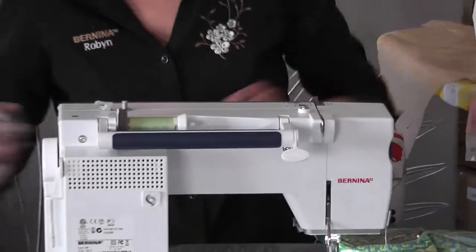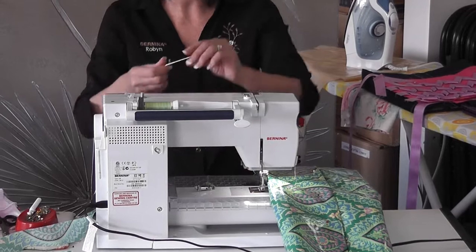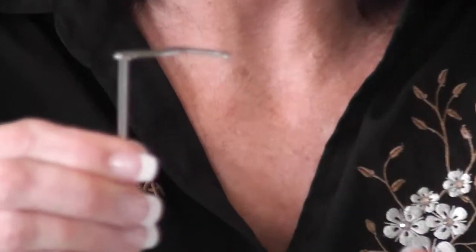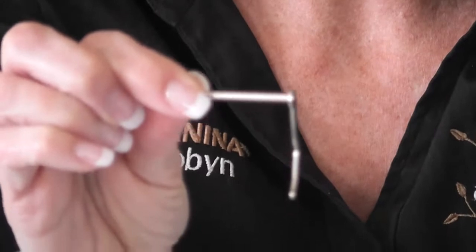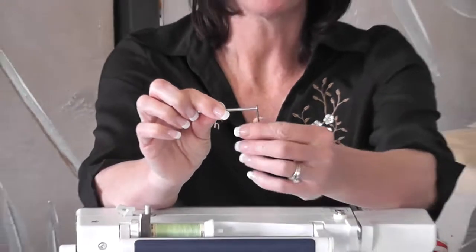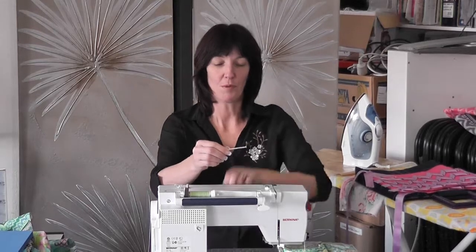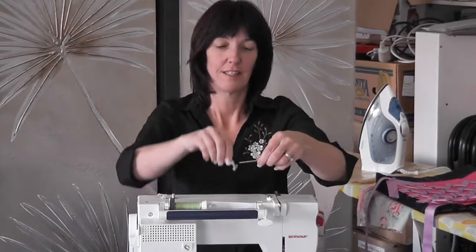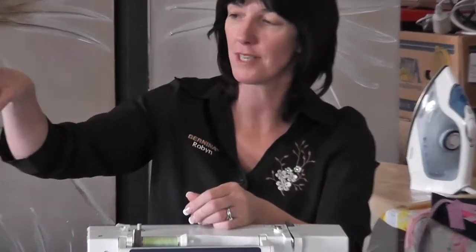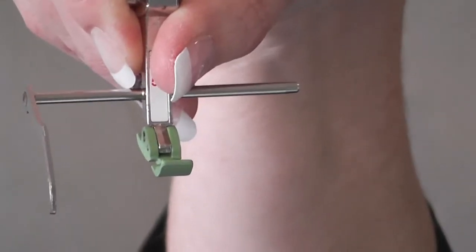Now, you've all got an amazing little gadget that you probably don't use enough. And it's called the Quilting Guide, and I have shown you it before. It is brilliant. So this one's a right-hand quilting guide. You can get a left-hand quilting guide. So if I wanted to sew that way, I would put my quilting guide in like this, but it would be upside down. It really doesn't matter, but you can buy a left-hand quilting guide. So really it goes this way,